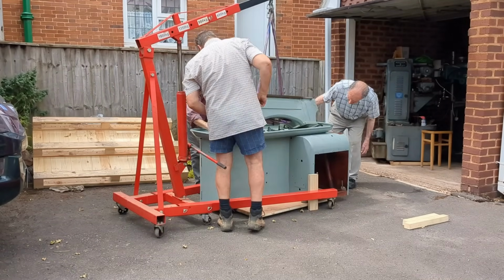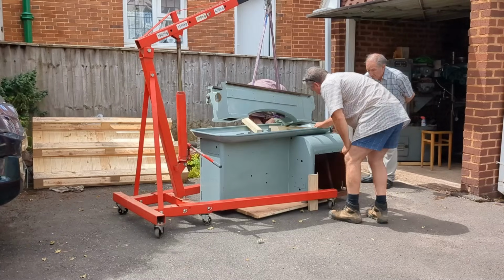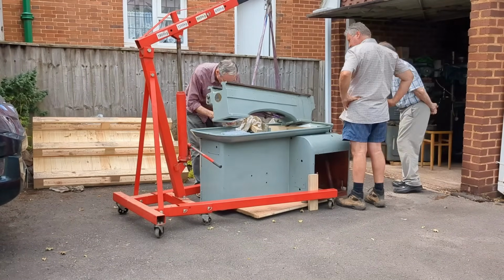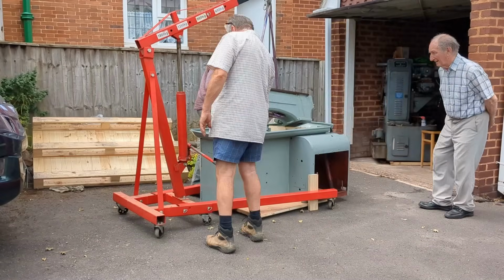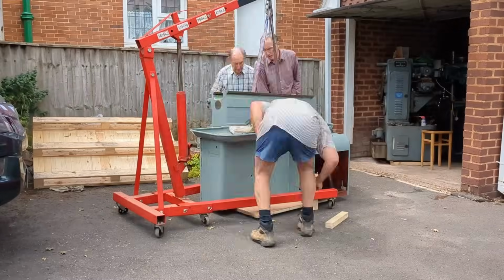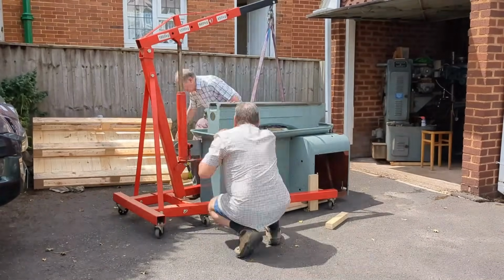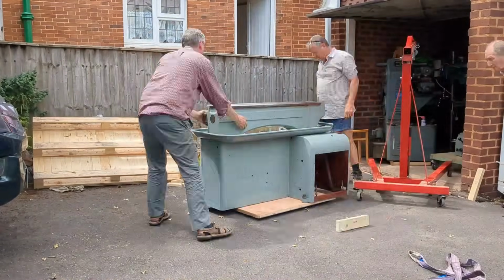With more space available to me outside of the workshop, this was an opportunity to use the engine hoist to lift the bed off the stand to clean the mating faces with the stand. These are actually quite important because ultimately they control the accuracy of the whole machine. This was also an opportunity to replace the O-rings around the holding down bolts to prevent coolant from dripping down